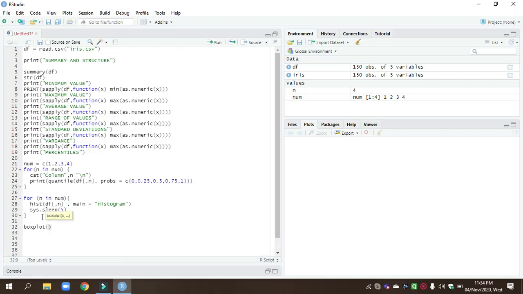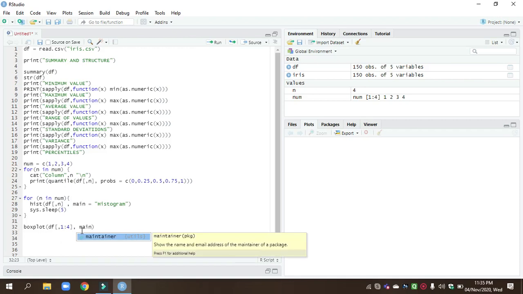Now we do the box plot. 1 to 4, comma, main, box plot of iris.